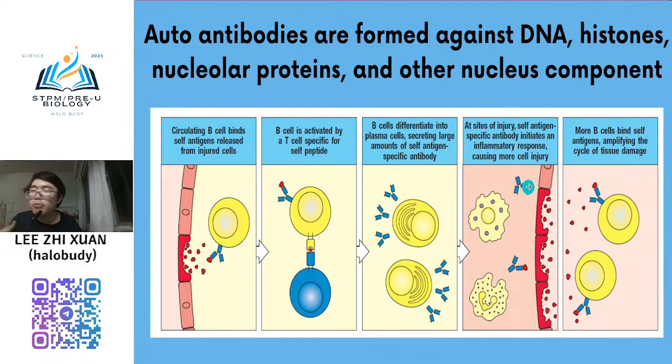It will kill many more normal cells, and then cause inflammation again and again. Then these abnormal B cells trigger again and again. It is like recycling, you cannot stop it. If you do not use any medicine, any drug to stop this antibody action, then you will get more serious effects.